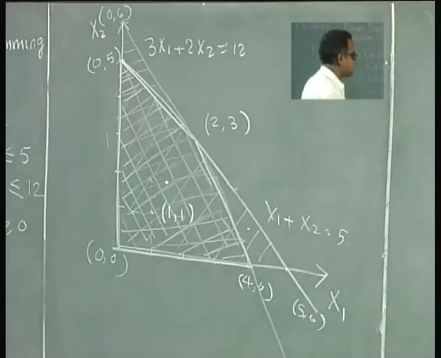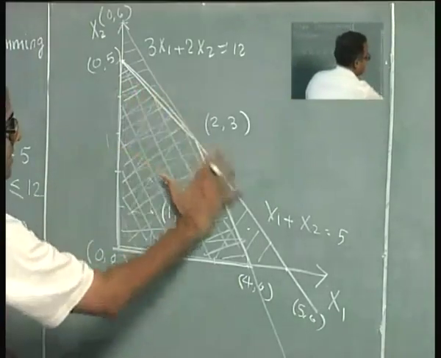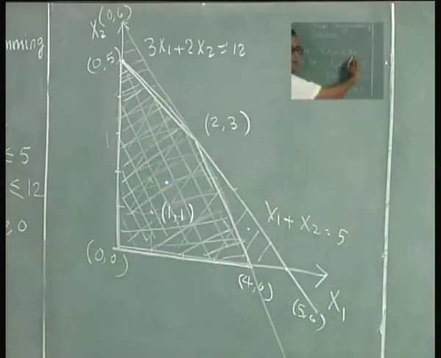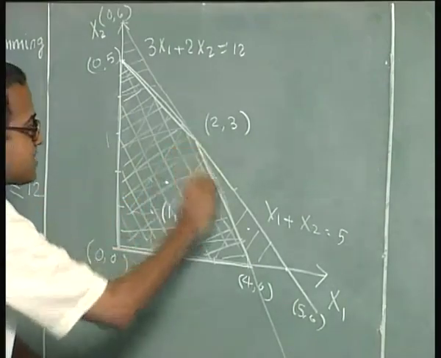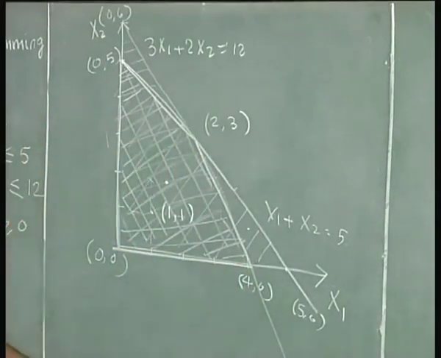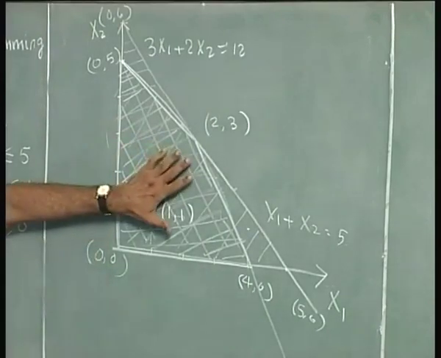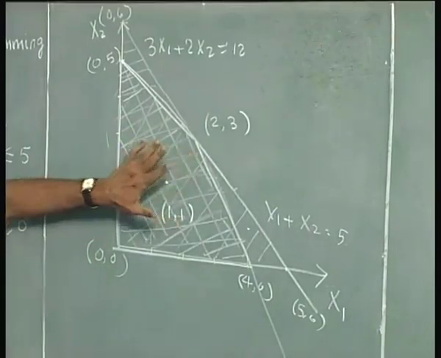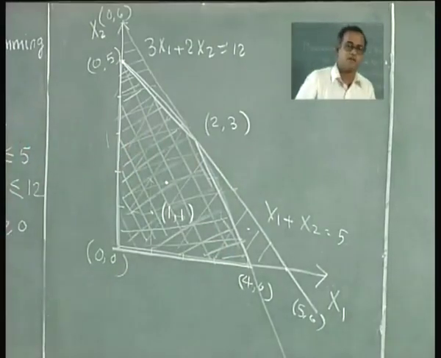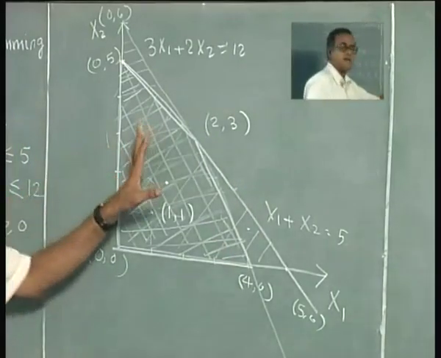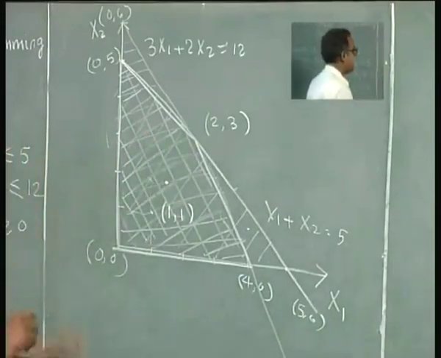Therefore, we can now say that even though every point in this region satisfies these two constraints, because we have an objective function which is linear, you will have a situation where we are interested only in the boundary points, because for every point inside this region there is always a point on the boundary which will be better with respect to the objective function, even though all these satisfy the constraints. So, our focus immediately shifts now